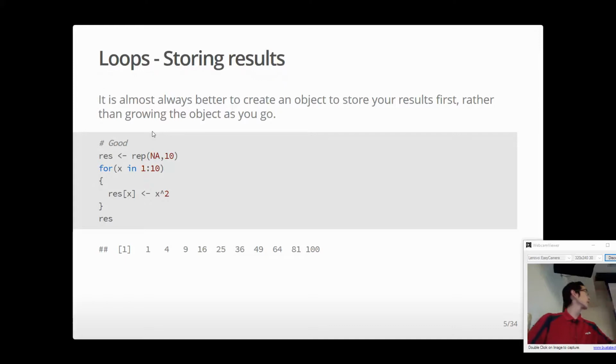Okay. If you want to store the results from a loop, it's almost always better to define your object where you're storing the results. So here I've got res for results, and I'm creating basically just missing characters, 10 of them, because I know my loop is going to have 10 results being stored. Okay, and then so I say for x in 1 through 10, store in results